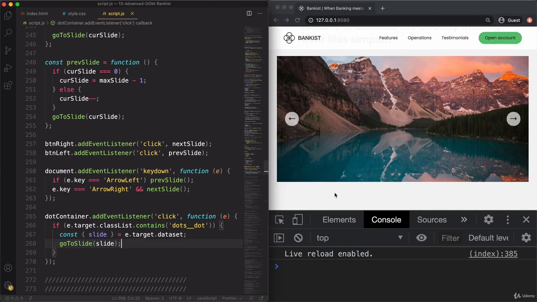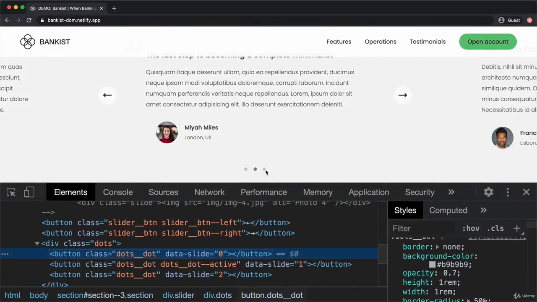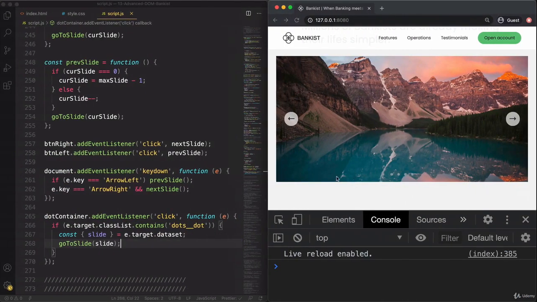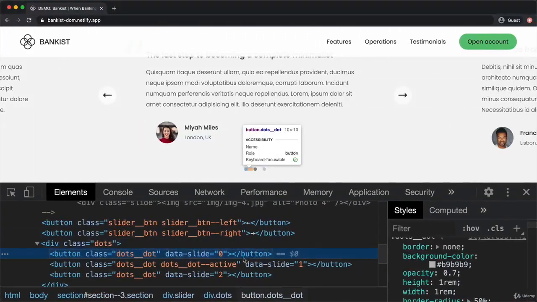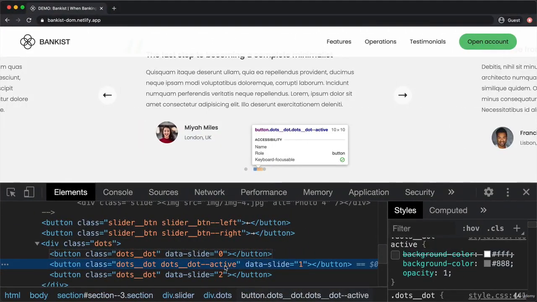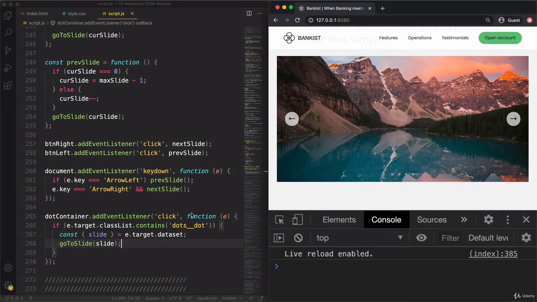Now all we need to do is to also show which is the current slide. So activate this dot, basically. So give it this different background color. So that's also pretty common in a slider like this. And let me actually show it to you. So all we do, as always, is to give it a special class. So the dots.active class. So let's go back and let's do that